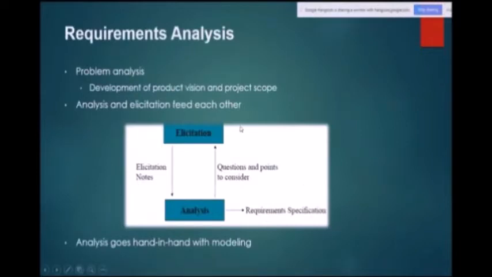Requirement analysis. What we have understood so far is that we have done elicitation, and now we have to do the analysis. Problem analysis is the development of product vision and project scope. We go for the product problem analysis, and analysis and elicitation feed each other. We have the elicitation which we have done so far, then we take notes on elicitation, so we call them